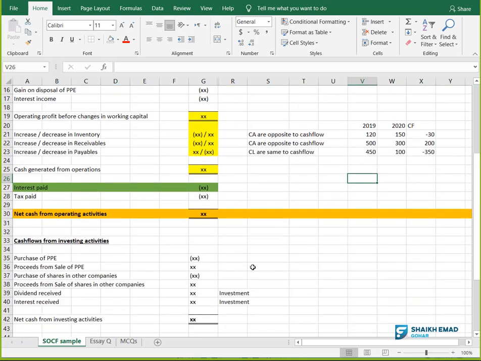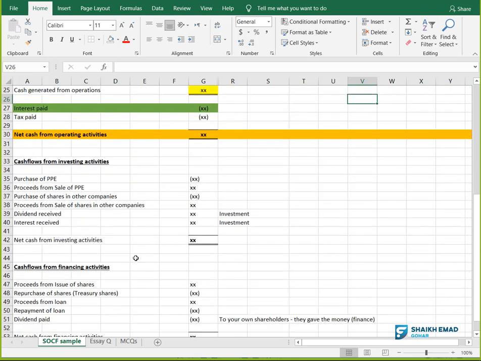Moving on, after operating activities, you have investing activities. In investing activities, you will talk about purchase of property, plant, equipment, if you are selling them, purchase of shares in other companies, if you are selling them, right? These two are very interesting and confusing points you need to remember. The examiner will ask you a question like this: dividend received is going in which activity? Operating, investing, financing, like this they will ask you. So you need to remember.